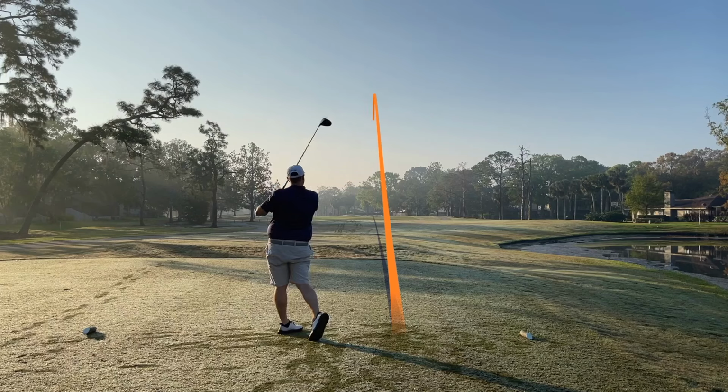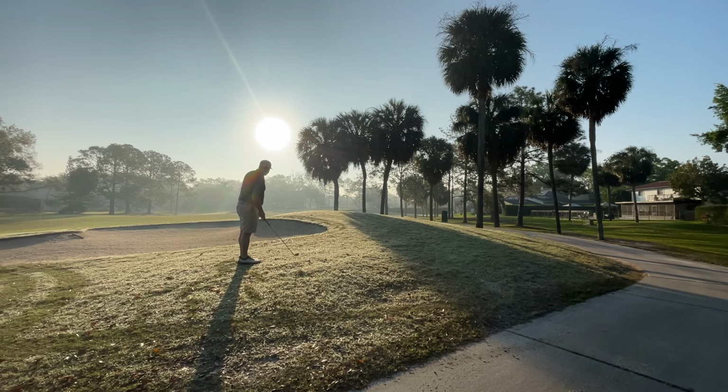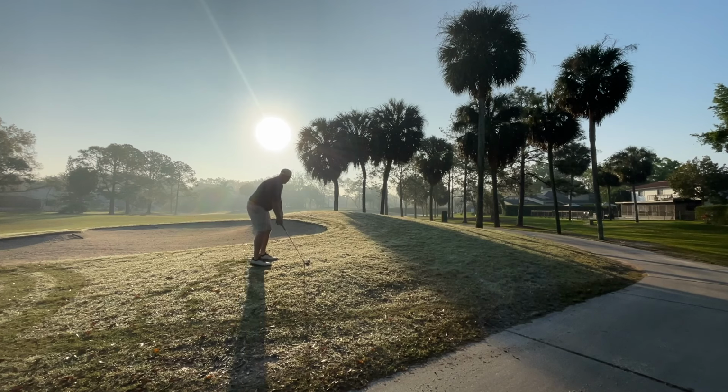All right, guys, well, after a little bit of an errant drive here, I've got an interesting shot in front of me. I've got trees blocking my look at the pin here. I've got 115. I'm going to try to get this up in the air, and even with a pitching wedge, which is kind of hard to do, try to fade it a little bit. This is the difference that I'm hoping I see out of these clubs from the 101s, is these have just a little bit more workability to them, because this is the shot where I'm going to need to shape it just a little bit. But first I've got to get it over that tree,